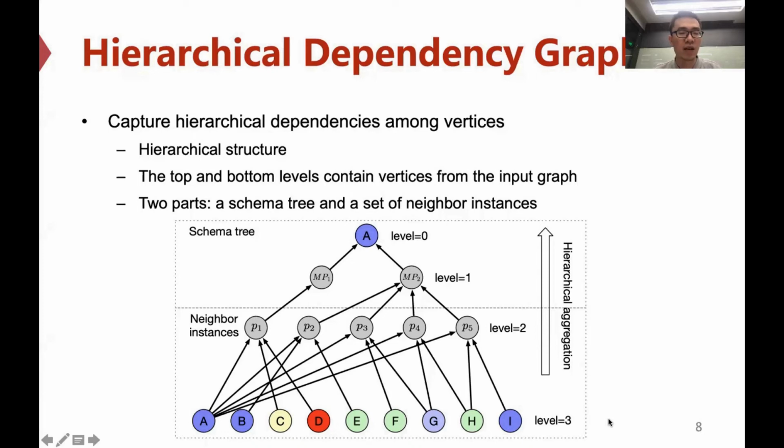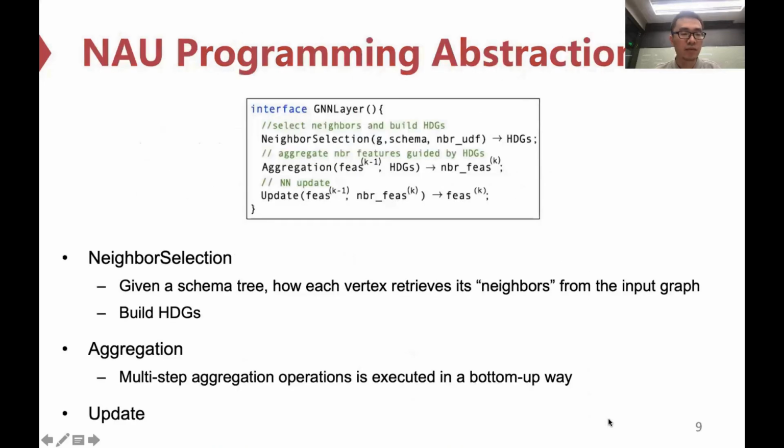If a label instance is beyond a single vertex from an input graph, then HDG collects all its associated vertices in the input graph to the instance. Based on HDG, we further propose a new GNN programming abstraction, NAU. NAU introduces a label selection stage to build HDG. Having HDG in place, in the aggregation stage, NAU asks the user to specify an aggregation function as a UDF